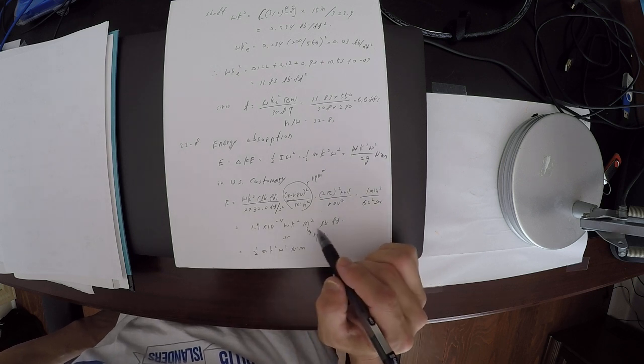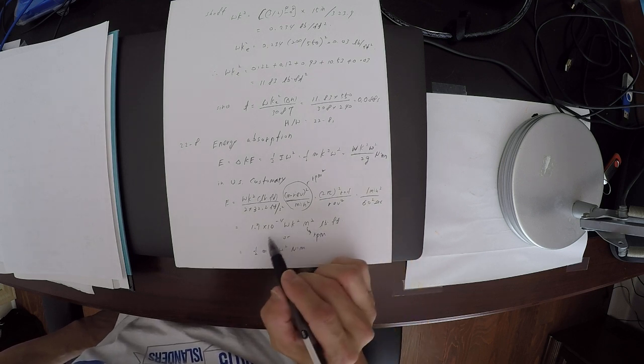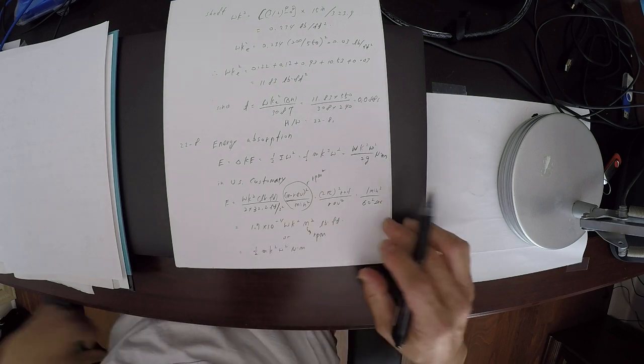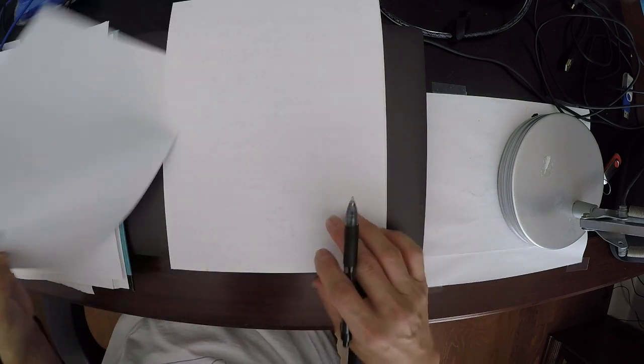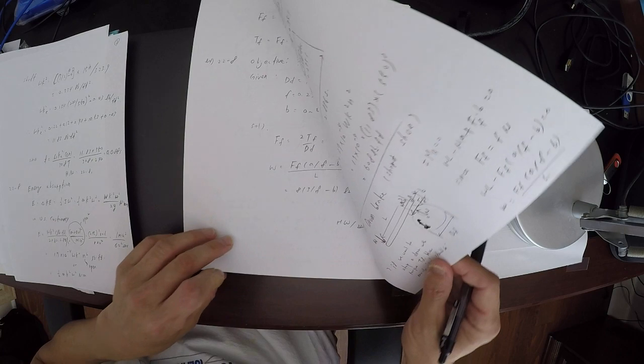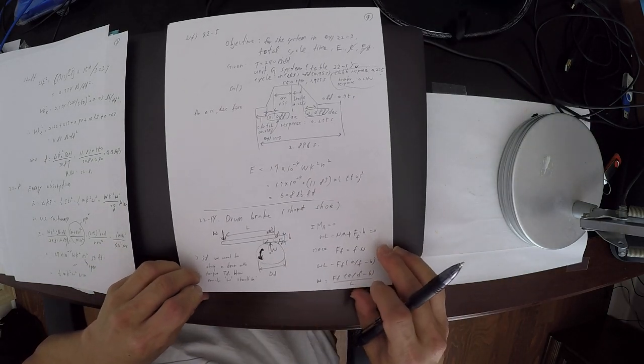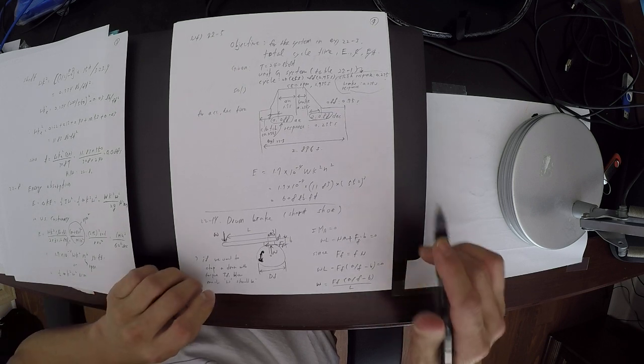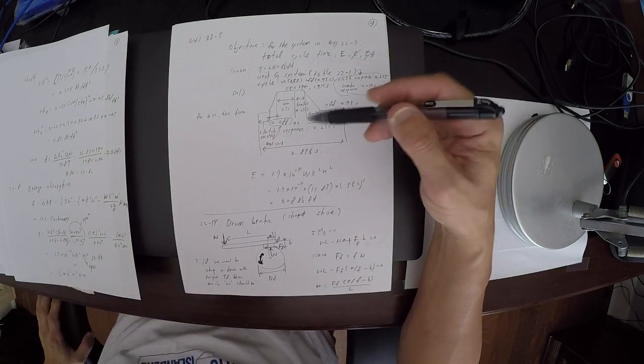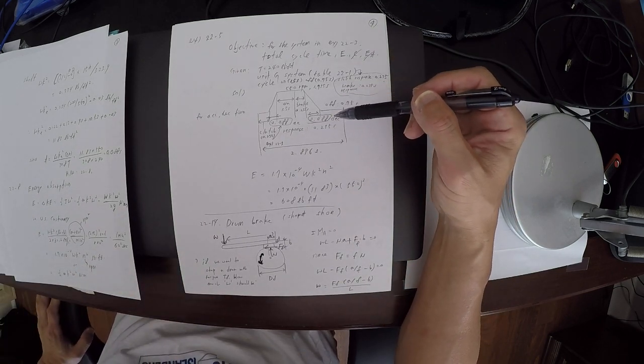So if you know RPM and if you know the inertia, you can find the energy absorption by this equation. And this number 4 here. So one problem here, we're gonna solve one problem for energy absorption